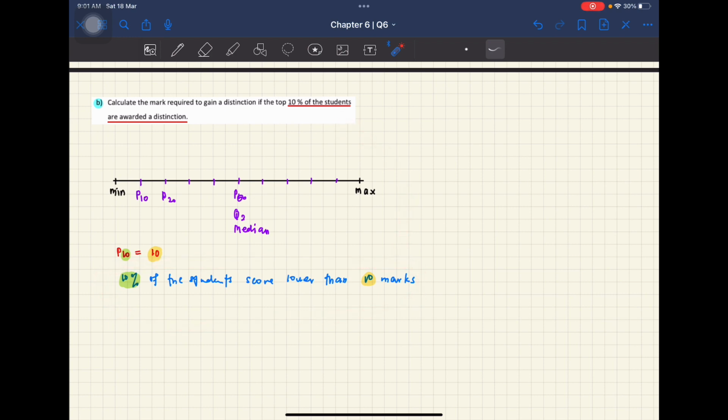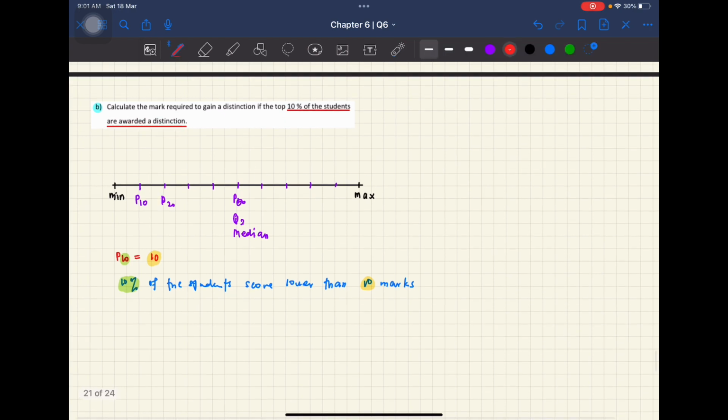Okay, so dalam arti kata lain, kan dikata dekat sini 10% of the students are awarded a distinction. Okay, so maksudnya dekat sini 10% daripada student tu dapat distinction sebab dia orang score at a certain value. Okay, maksudnya let's say lah dia orang score X. So 10% student ni dia orang dapat markah X. Dia orang dapat satu markah yang tinggi lah sampaikan dia orang dapat satu distinction. Okay, so in other word kita boleh juga cakap